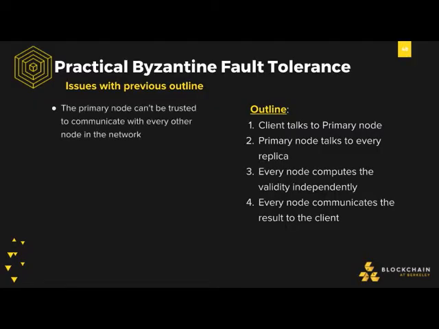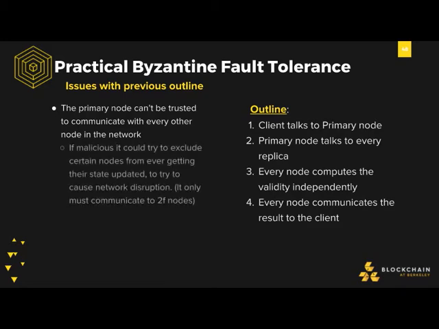The issue is you can't trust that the primary node is going to tell every other node in the network to write your message correctly. Because we have Byzantine fault tolerance, it can tell different people different things. And so let's say it did tell different people different things, then they'd come up with different states, and if they don't have any sort of consensus here, then they've essentially become faulty nodes for later in the future. They have to have the same state, otherwise, by the problem, they're faulty nodes.